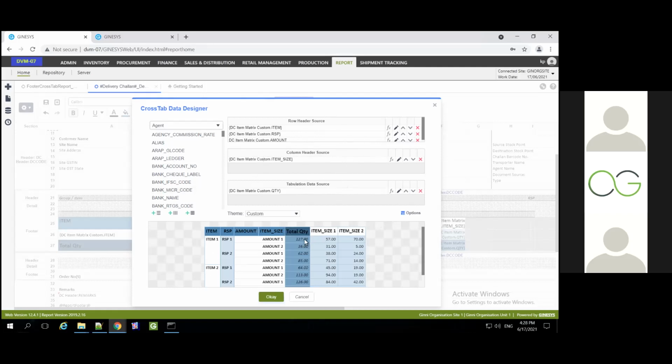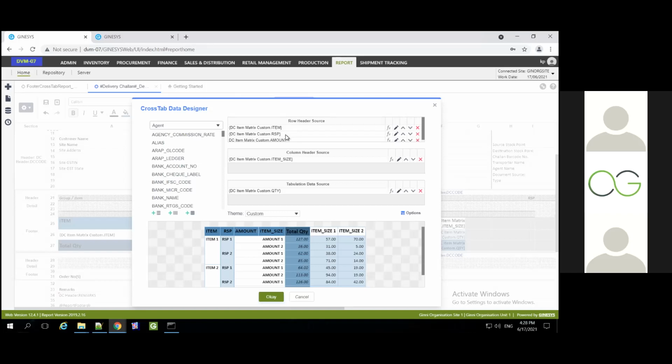Then the cross tab designer has to be used. So there are two dependencies. One, you have to have a data source which is DC wise, item wise. And in that particular data source, you need to have your groupings predefined. I mean, with respect to item, what is it that you want to show? You want to show category 1, category 2, category 3, like that, or you want to show group wise, I mean, in the sense item group wise.